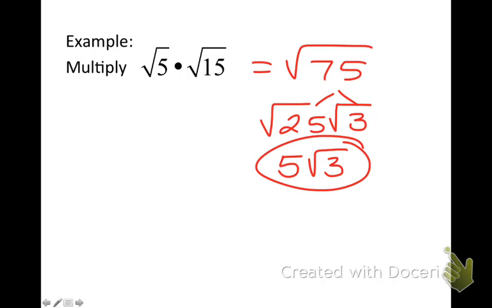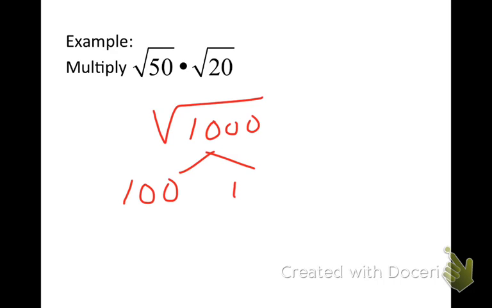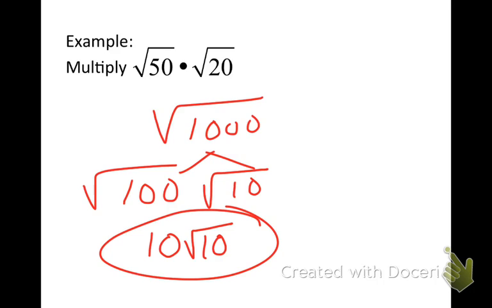Okay. Is that it, or do we have one more? We have one more. Okay. Oh yeah, it's 1,000, isn't it? It's 1,000. So we end up with the square root of 1,000. So Taylor is saying 100 times 10. So that would simplify to 10 square root 10. Okay, so for